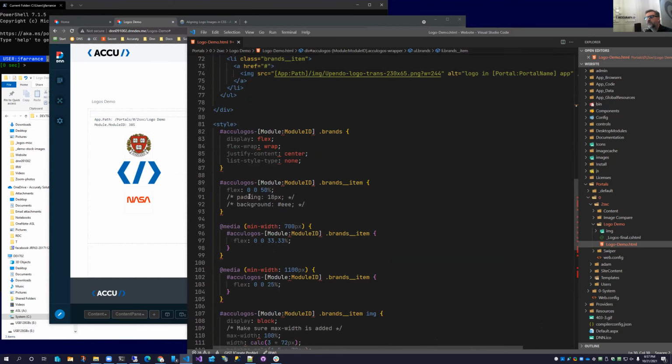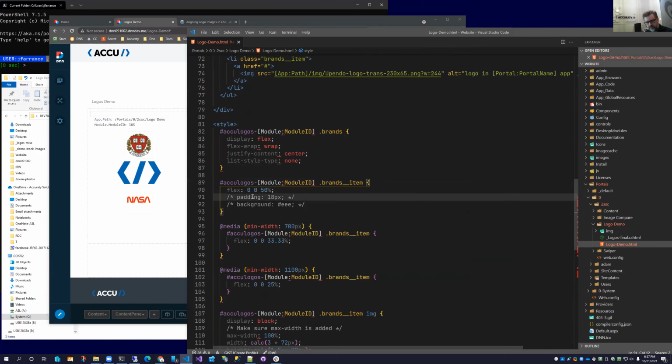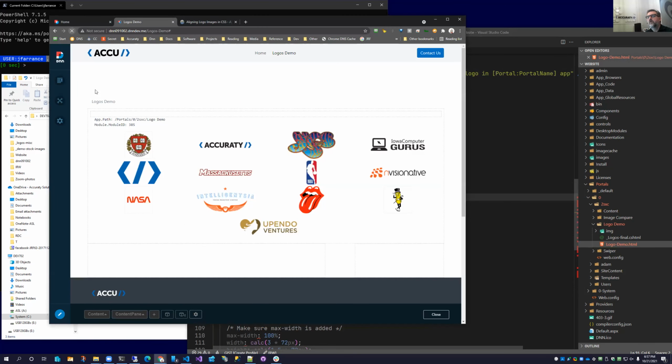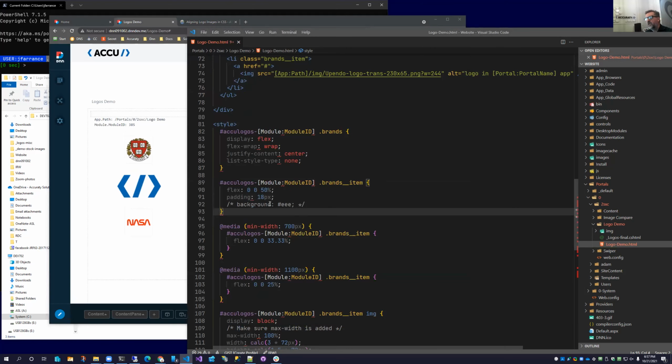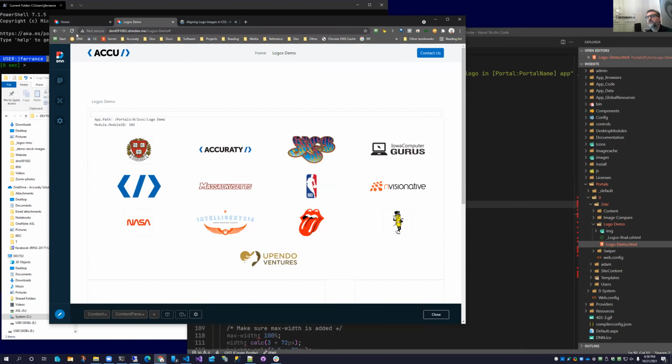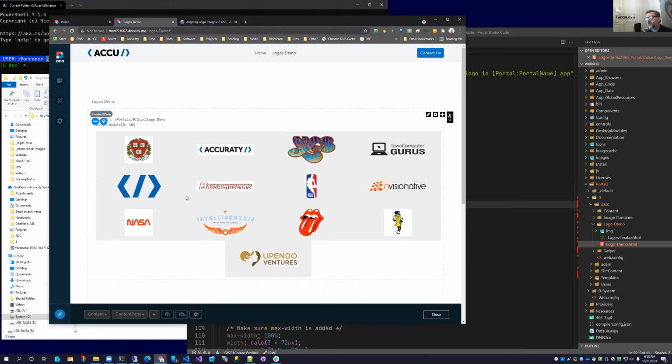Check this out. We're going to take, notice they're a little tight. So just to show you that I'm live and editing the files, we'll take the padding off. I don't have hot refresh going, but there's some padding around those. Now, one of the things that's interesting is I'm going to put a background in so that you can see that not all of my logos are transparent.